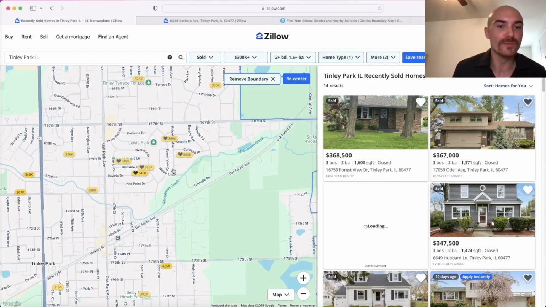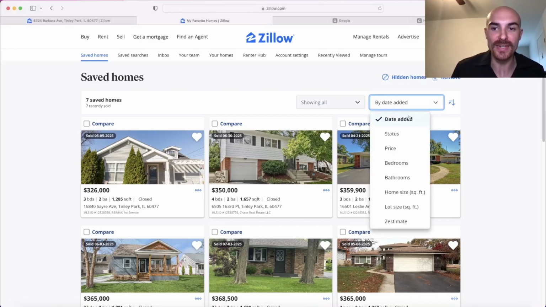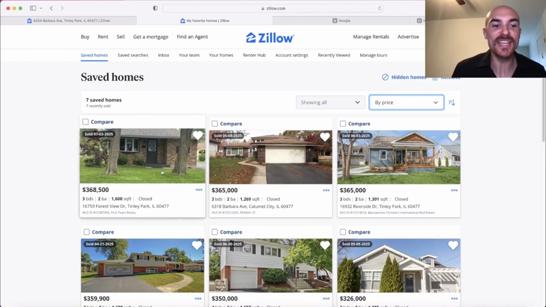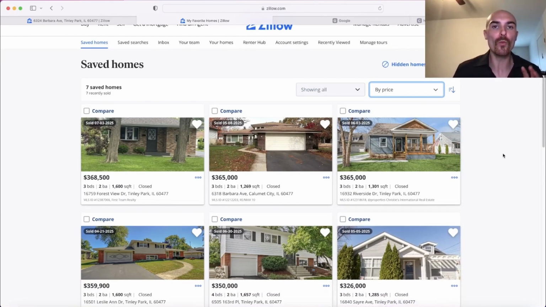I have a good amount of homes that I want to start weeding through. Once I have that, my face is in the way in this right hand corner, but there's going to be a part that says blank saved homes. That's your search that you've all hearted. You want to select that. Once you get to your favorites page, what I like to do is change this section from by date to by price, so that these list in order from highest to lowest. And now when I start